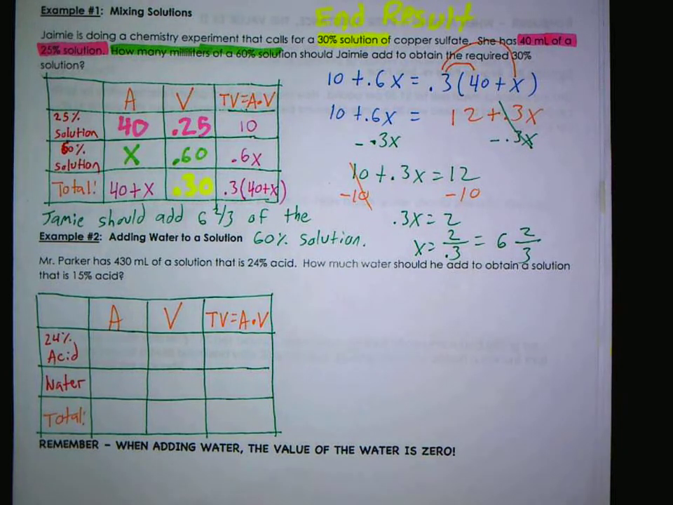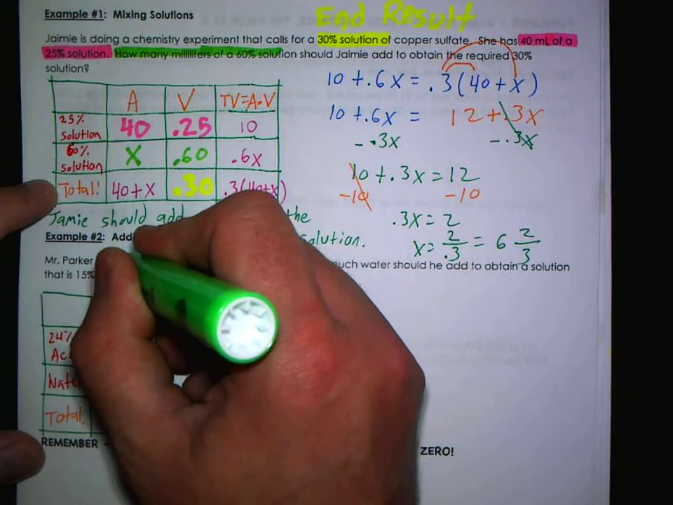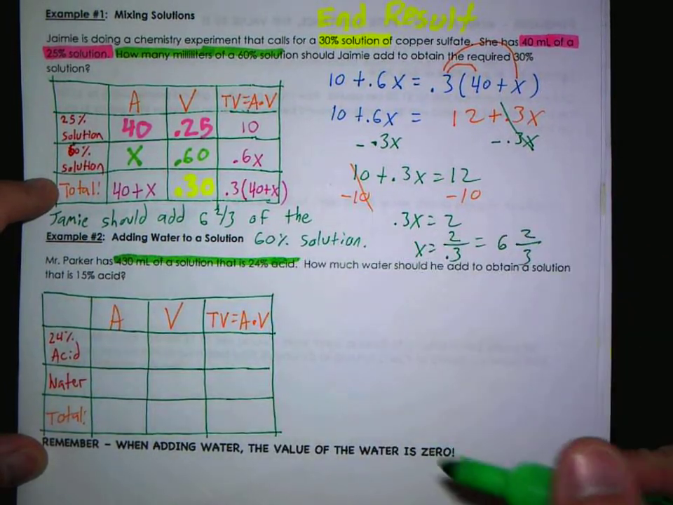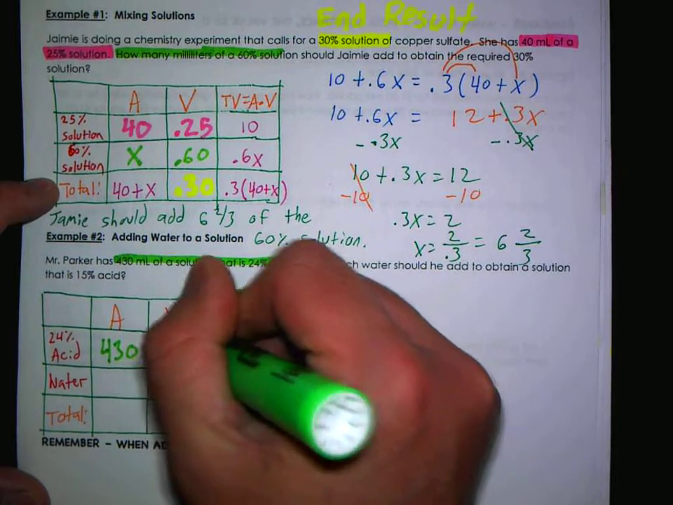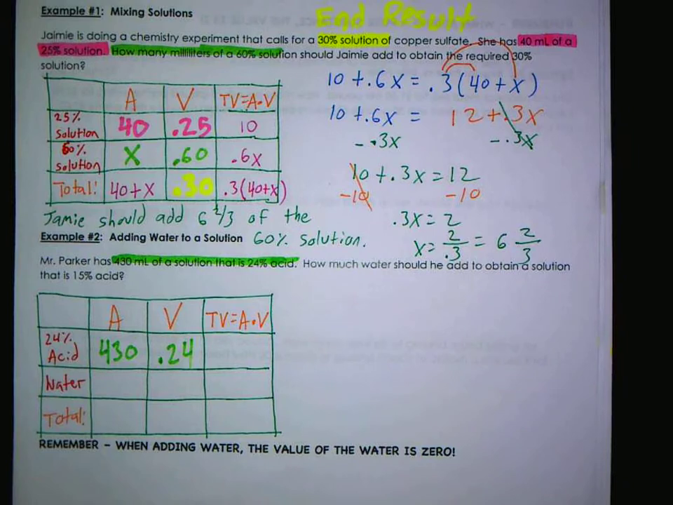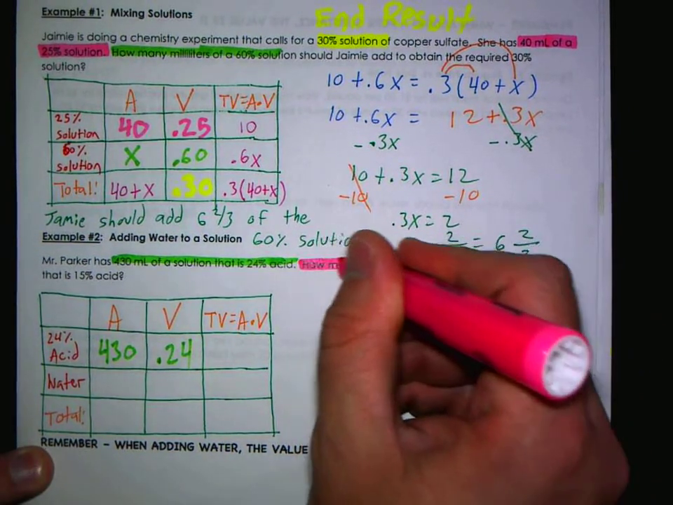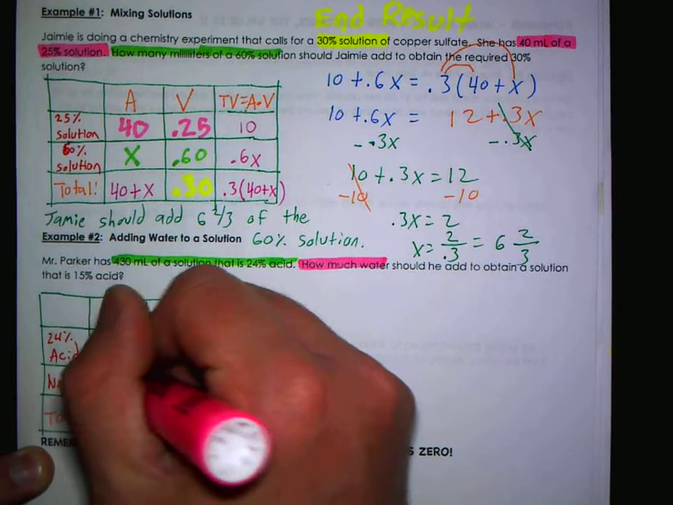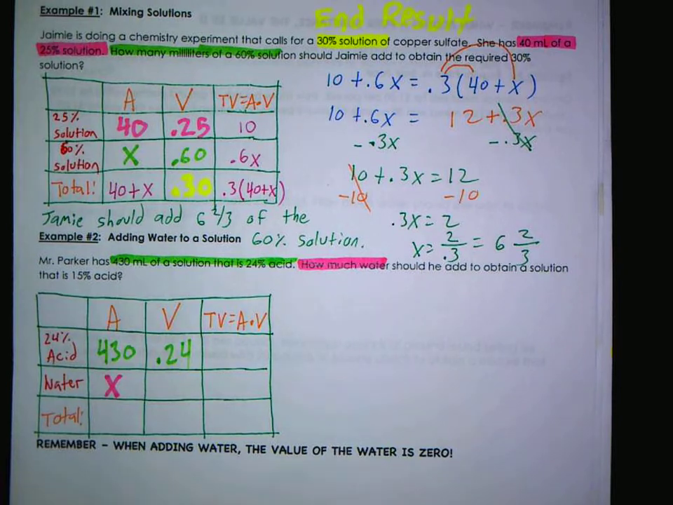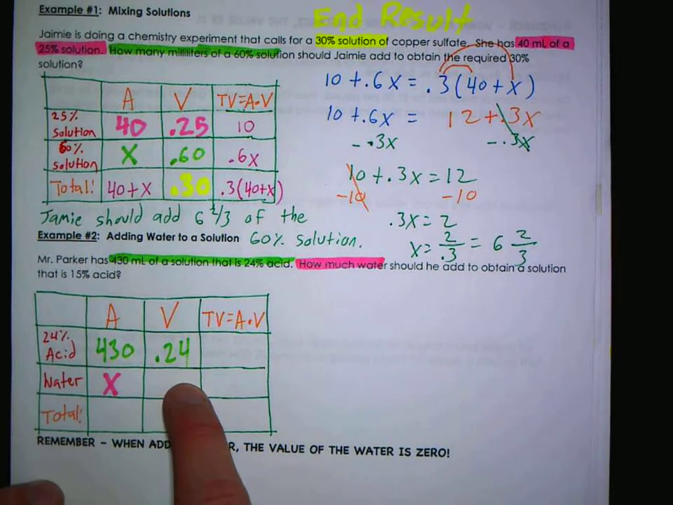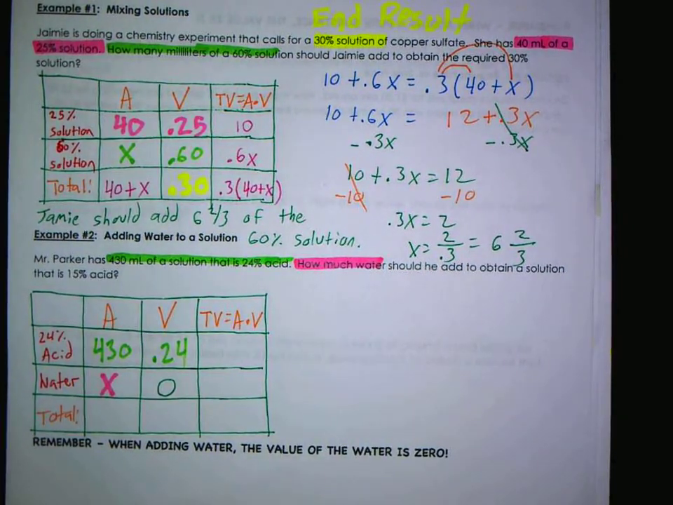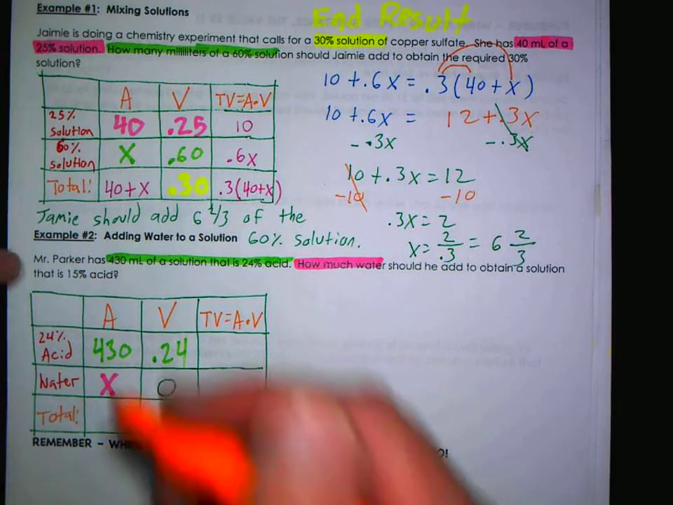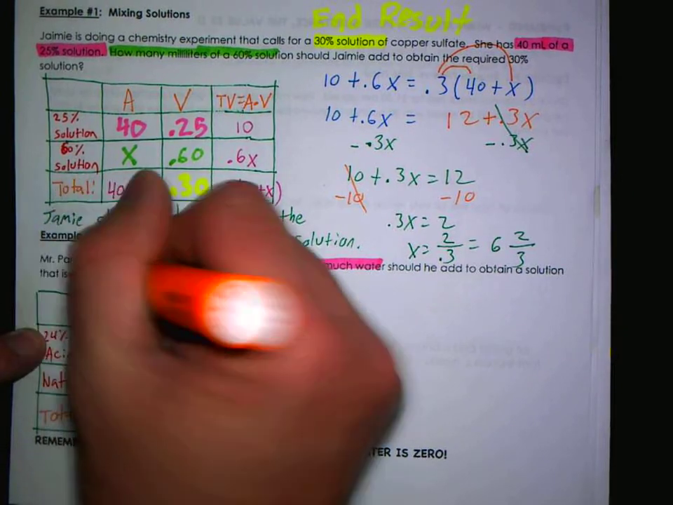So Mr. Parker has 430 milliliters that is 24% acidic. So amount 430 at 0.24. How much water, that'd be X, right? We don't know how much. Should he add to obtain a solution that is... what would I put here in value for water? Water is 0. Good. So anytime you're talking about water, water is a value of 0. But he's trying to obtain a 15% acid. He's trying to dilute it. So 15%